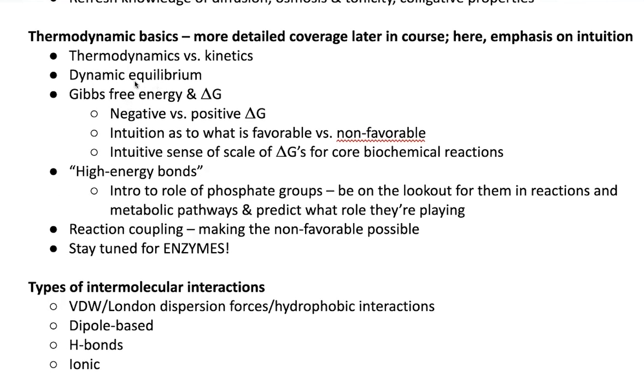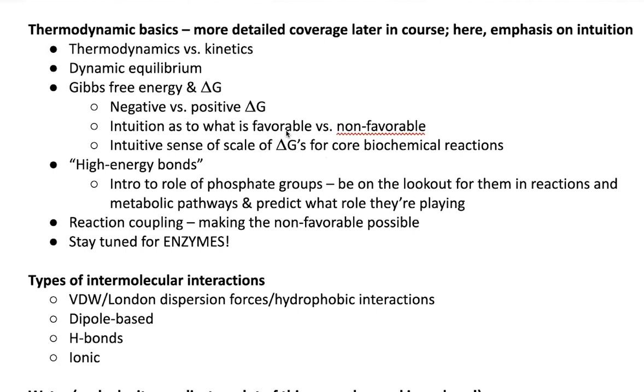When we talk about energy, we're usually talking about Gibbs free energy, and really usually about delta G, which is the change in free energy between the reactants and the products. You want to know the difference between a negative and a positive delta G, an intuition as to what is favorable versus non-favorable, and an intuitive sense of scale of the delta Gs for core biochemical reactions. A negative delta G is favorable and a positive delta G is unfavorable,